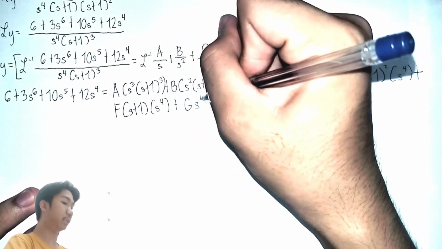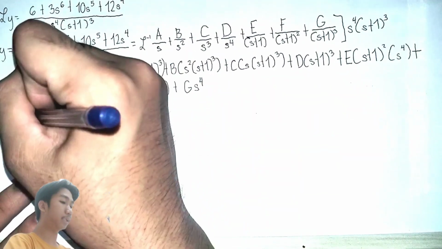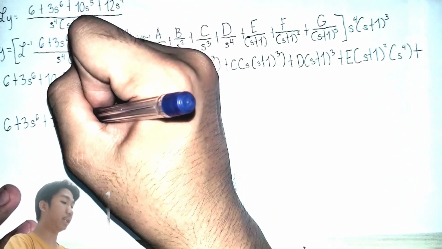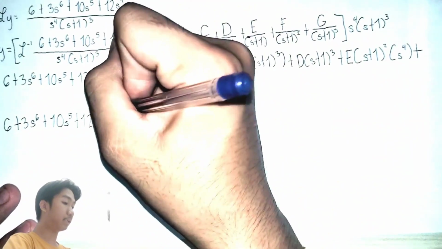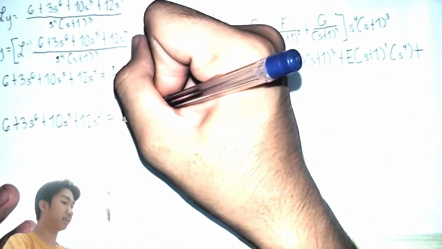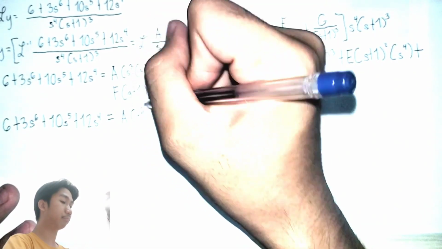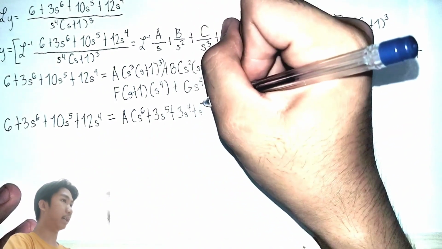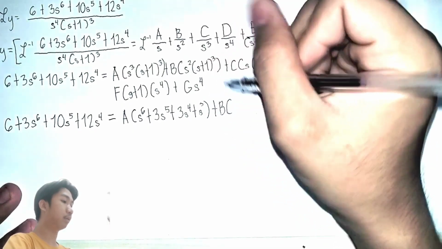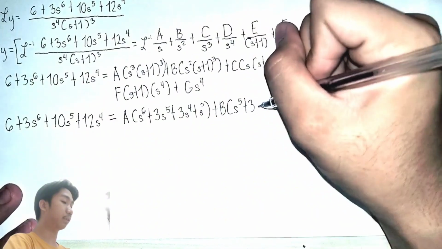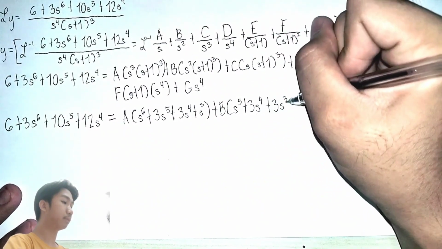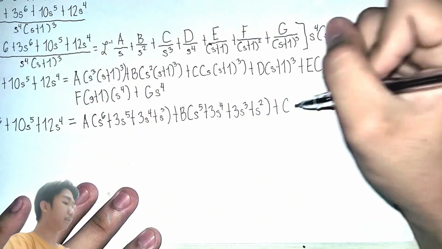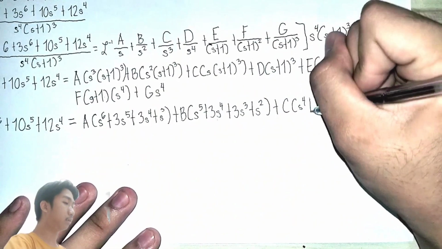Our whole equation is 6 plus 3s raised to 6 plus 10s raised to 5 plus 12s raised to 4 is equal to a (s raised to 6 plus 3s raised to 5 plus 3s raised to 4 plus s raised to 3) plus b (s raised to 5 plus 3s raised to 4 plus 3s raised to 3 plus s squared) plus c (s raised to 4 plus 3s cubed plus 3s squared plus s)